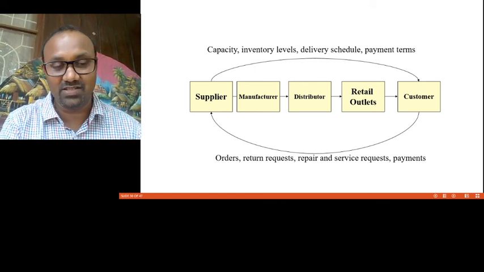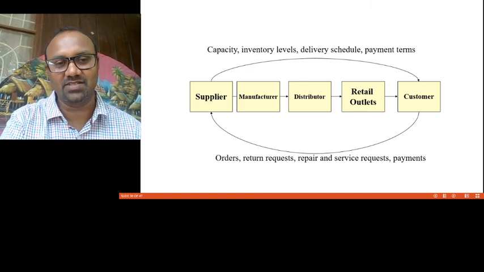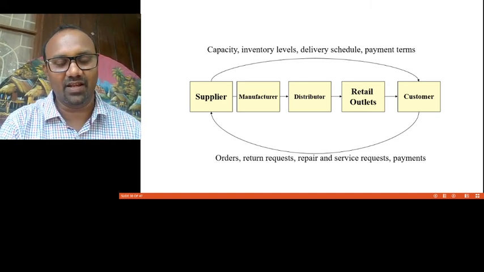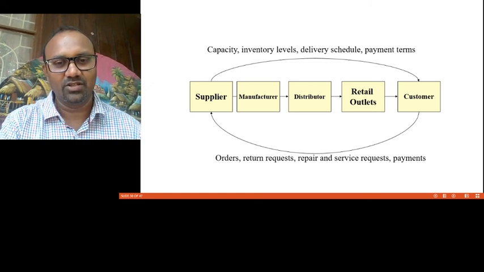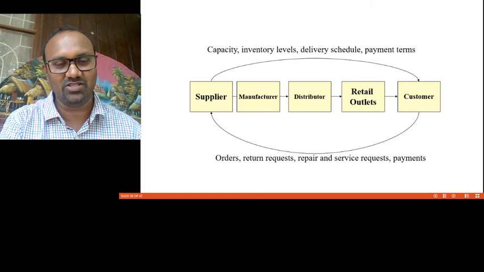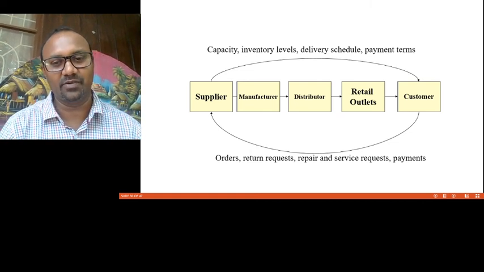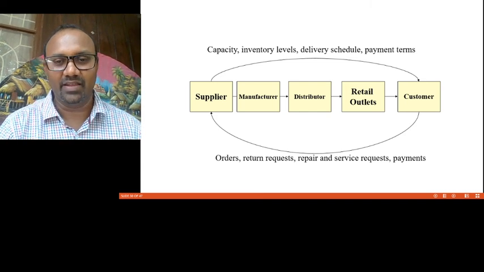So what you see here is a very linear design of a supply chain, but a supply chain doesn't look like this. It's not linear, it's more of a network, because you don't just have one supplier. You might have about 50 to 100 suppliers. You don't have just one manufacturer. You might have about 30 manufacturers who manufacture different components which are necessary for your product,